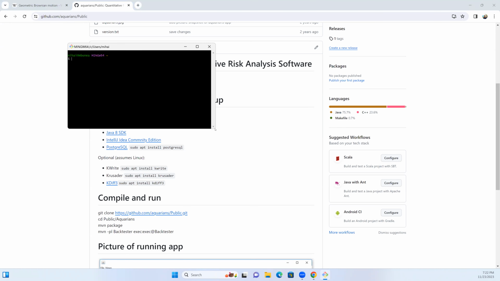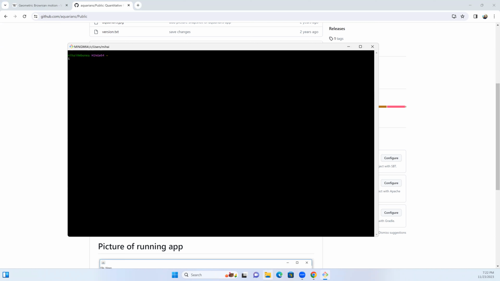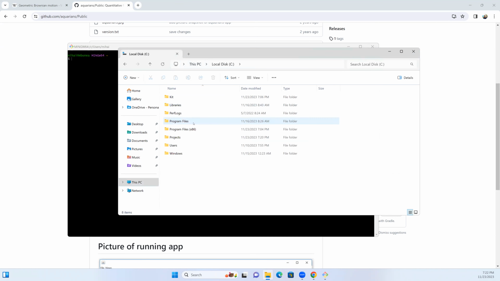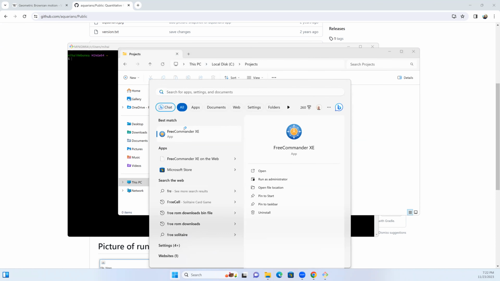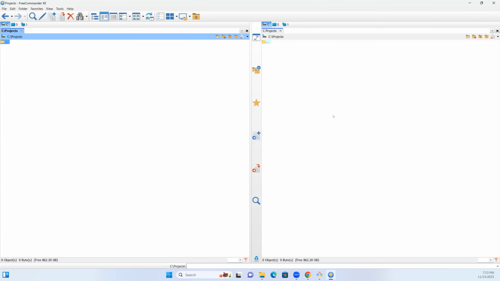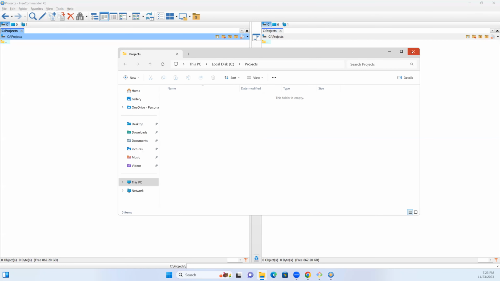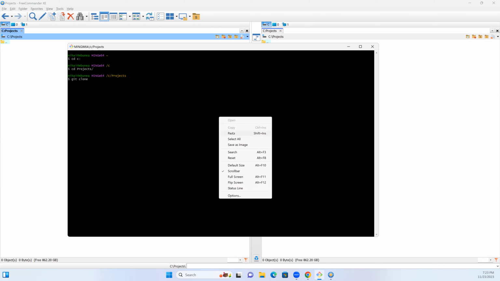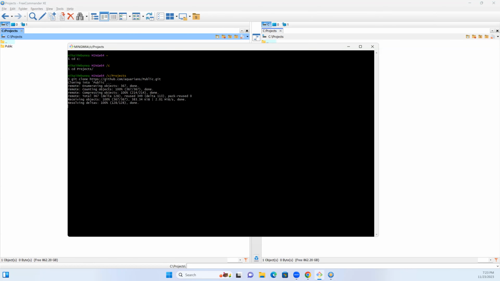So start the Git Bash. Have somewhere where you download the code. I have a projects folder on my PC. Let's use Commander Twin Panel Explorer. So projects, git clone, and this. Okay, now